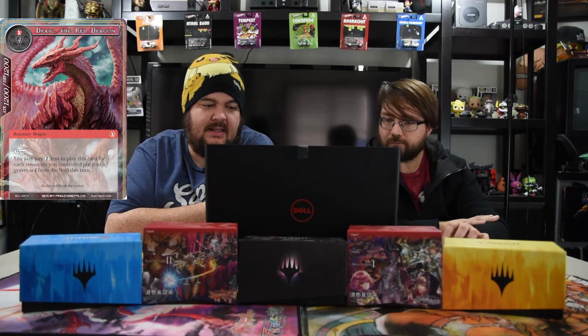No. Next up is Drake, the Red Dragon. It is one red and four for a 12/12 flyer. You pay one less to play this card for each resonator you controlled that was put into a graveyard from the field this turn. So this dude's significantly less good than Gwyber. But he could be okay. You just have to have a lot of dudes die in one turn, which feels like a lot. You controlled, so it's not their opponent's either, so you can't just...